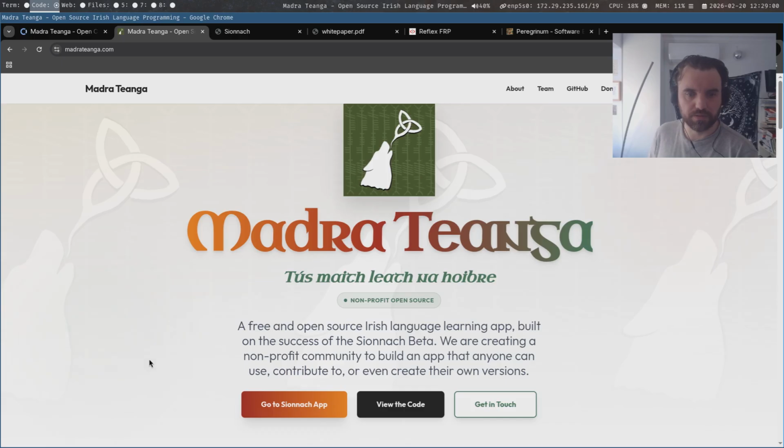So the 3 of us had talked about doing a limited company, and about doing a non-profit in Ireland, which, as you can imagine, would be a lot more work than a limited company. Even doing a limited company is a lot of work, and they both have their own personal companies at the moment. The project's making a bit of money, a few hundred euro, but it's not enough to even cover a salary. So setting up a whole limited company and doing all the paperwork and stuff, it's not worth the work, right?